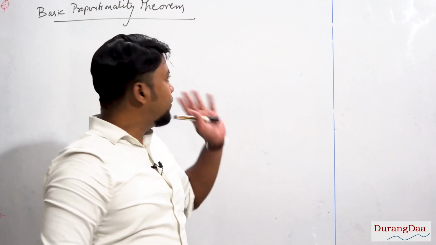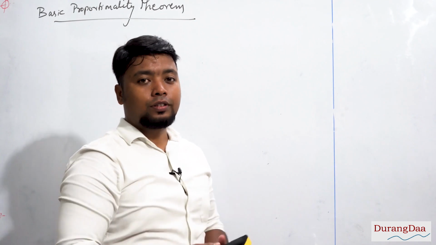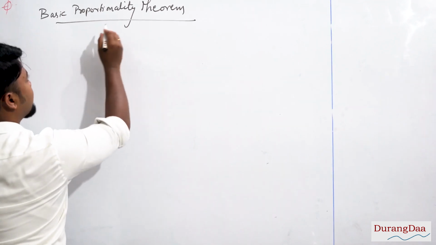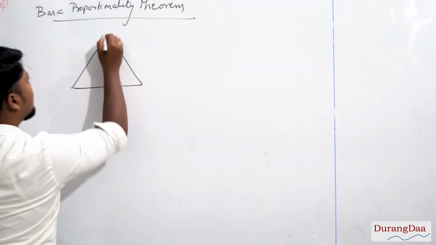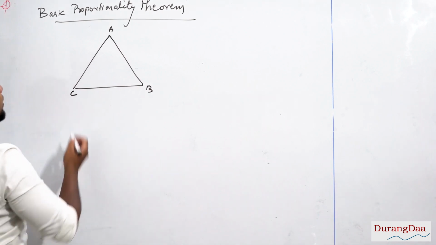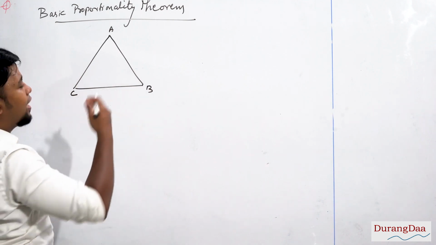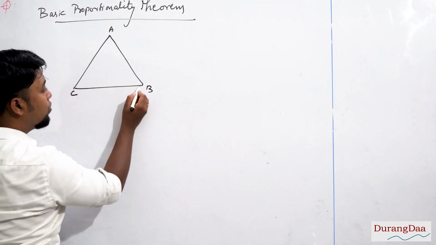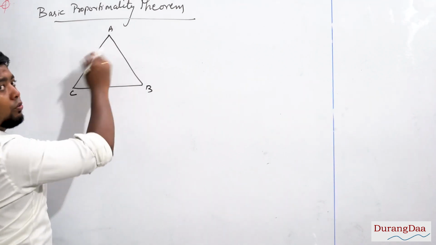Now let's move on to this very important theorem, and it has a lot of application in coming questions. So let us first try to understand the true meaning of the basic proportionality theorem. Pay attention. What it states is that if there is a triangle, triangle ABC, and I draw a line parallel to the third side, or any side of the triangle, suppose I want to draw a line parallel to CB, and that line is cutting the other two sides of the triangle.